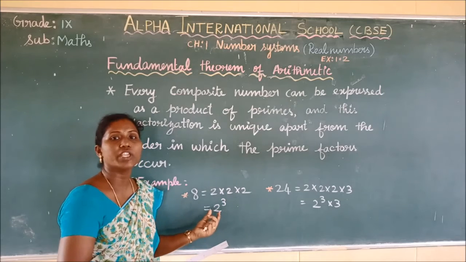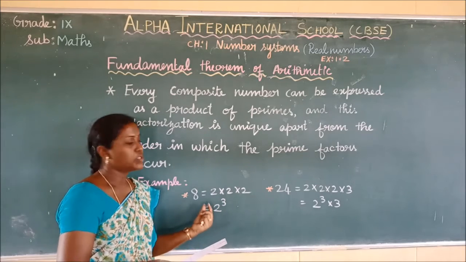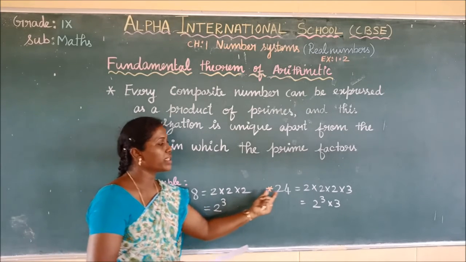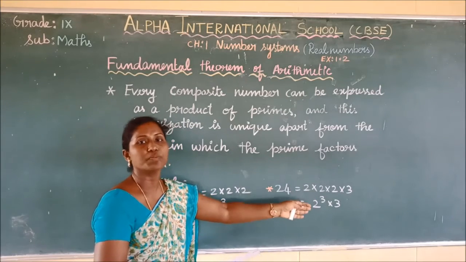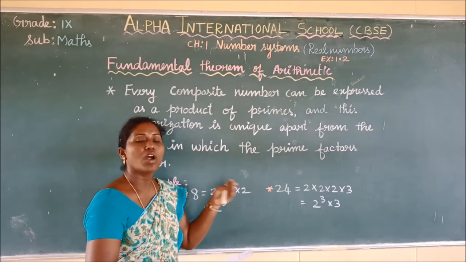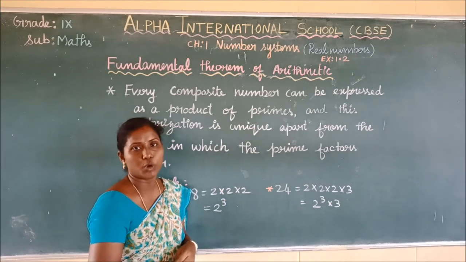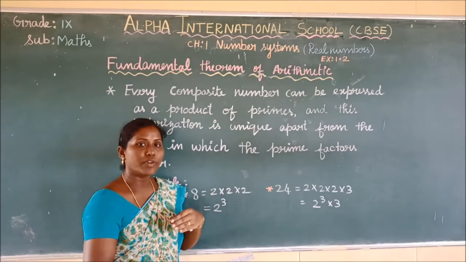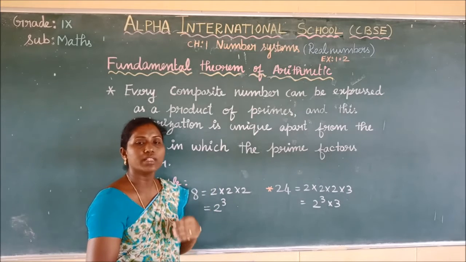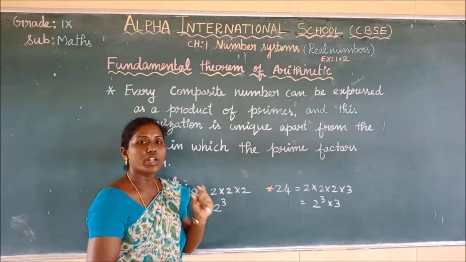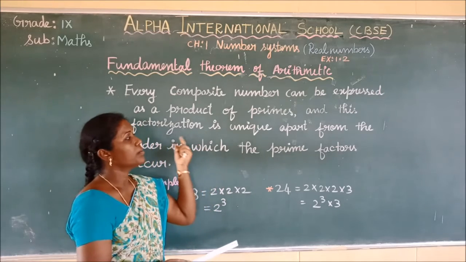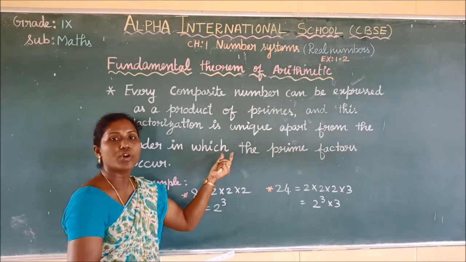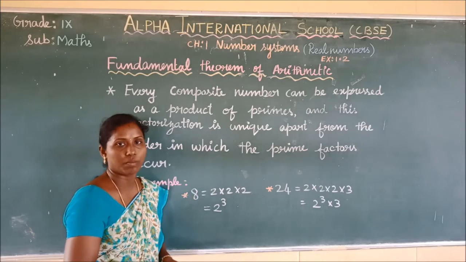We will start dividing using the first prime number 2. So here also, I started with 2, here also started with 2. If 2 is not possible, we go for the next prime number 3. So that order is the same for each and every problem. Or 2, 3, 5, the next prime numbers will be in that order. That order only will be the same here. Otherwise, the prime factorization is unique for each and every composite number.